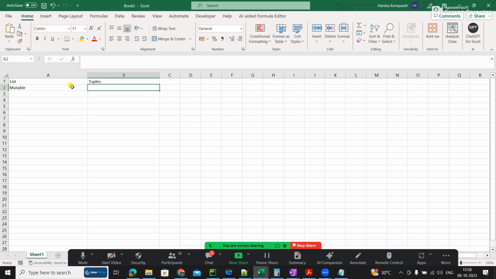Okay, so lists are mutable, tuples are immutable. Okay, so this is one thing. And next, obviously, lists are with square brackets. See, one more thing, how about the memory? Can you tell, memory and performance, which would be better?